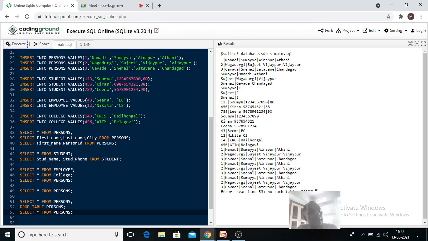If you go for truncate, it will delete only the values of the table, but the table structure remains the same. Again you can insert values into it. Now if you want to insert values into this dropped table, one more time you have to create this persons table. After creating, then you can go for inserting. Got it?